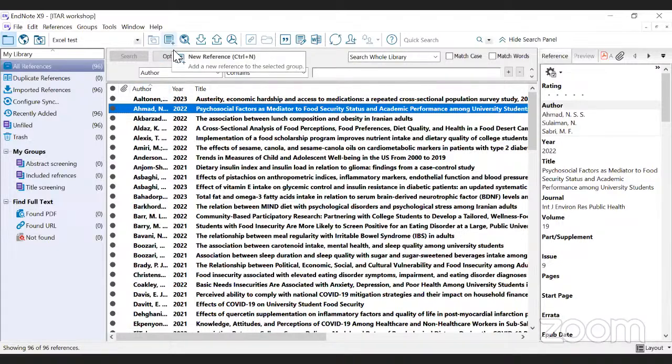An add reference. I've never done this before, to be honest, and I'm not sure if EndNote allows us to download a reference automatically from your computer. But sometimes if I know an article, I go to Google